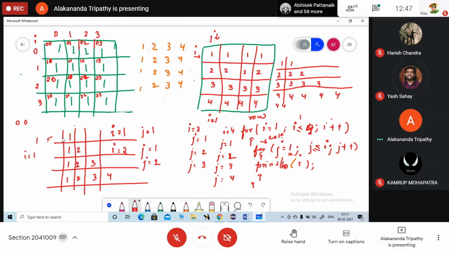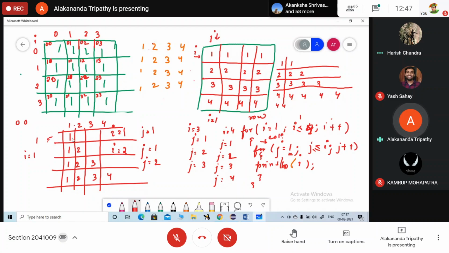J. So this is 1 2 3 4. What will be the change in the loop? I less than J and print J. J less than equals to I will remain the same, right?